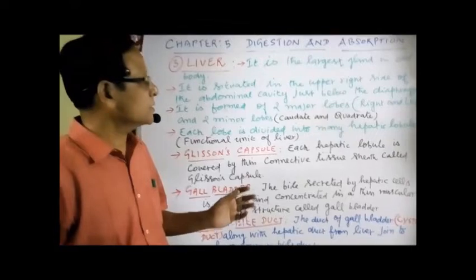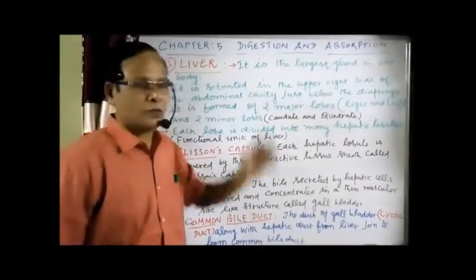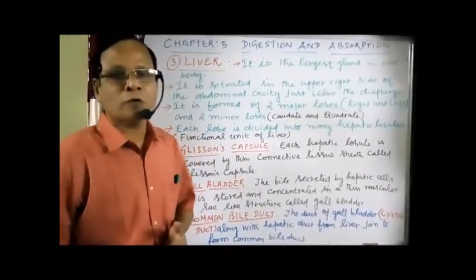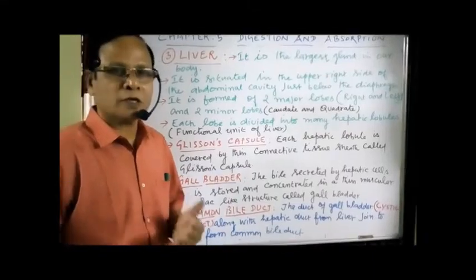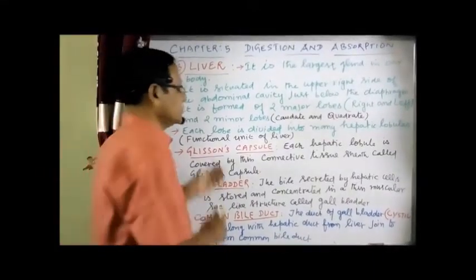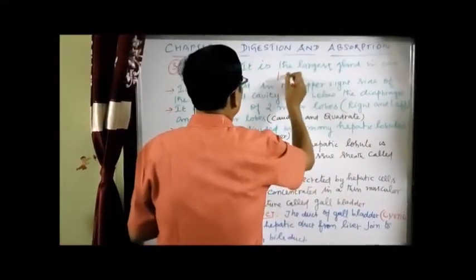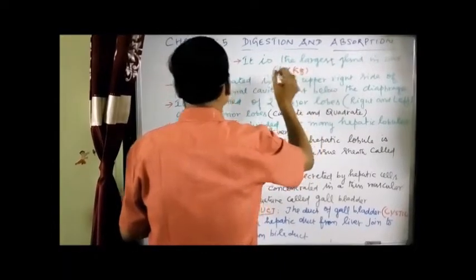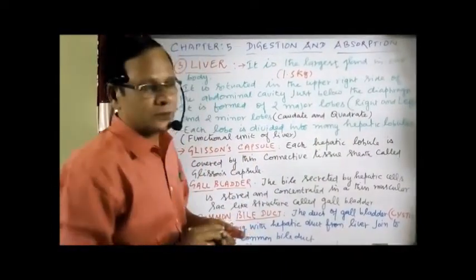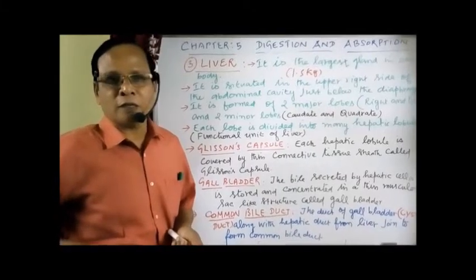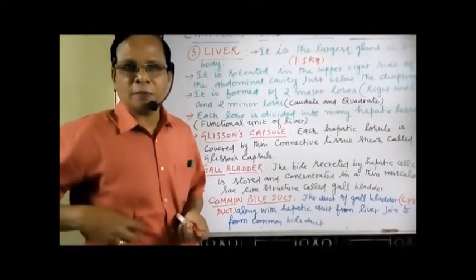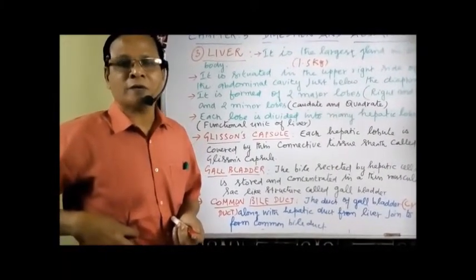Liver is the largest exocrine gland in our body, weighing nearly 1.5 kg. So this is the weight of the liver. Where is it situated? It is situated on the upper right side of the abdominal cavity,